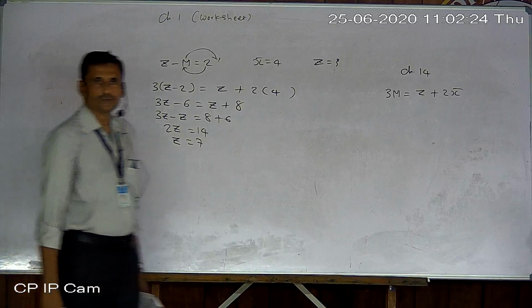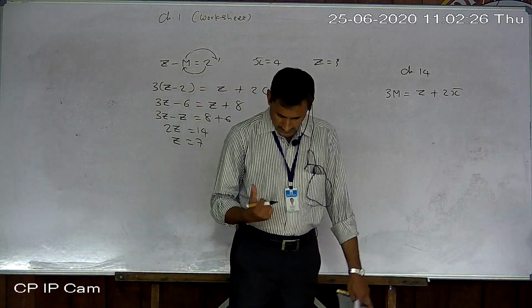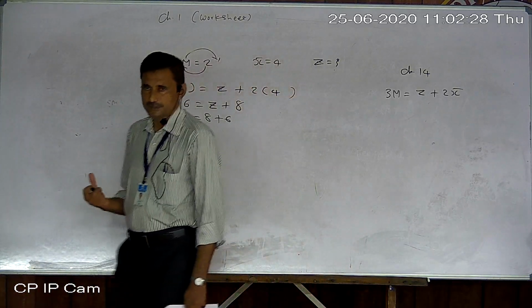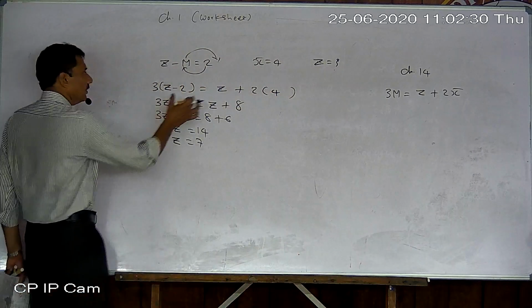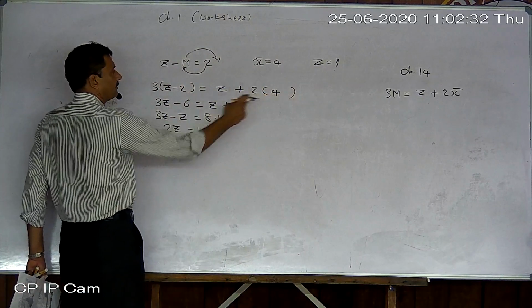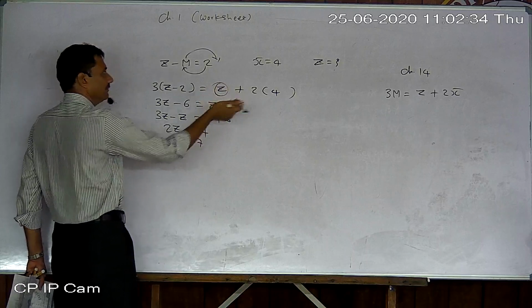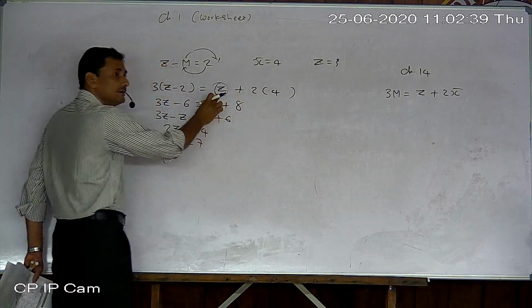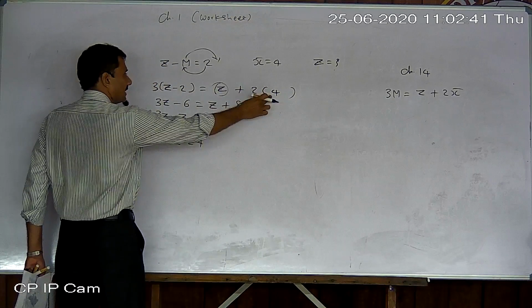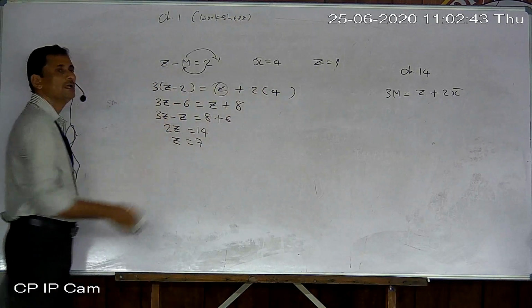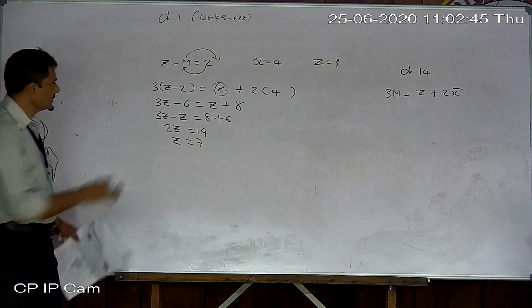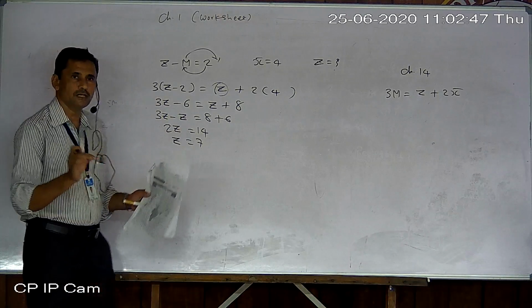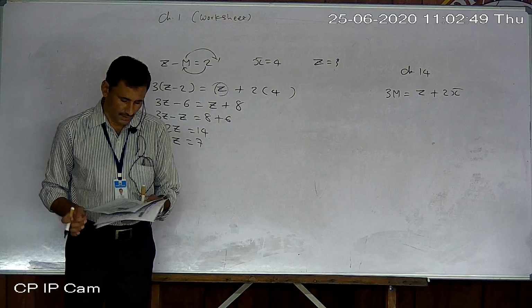So whenever one equation and one value are given, at that time write the empirical formula again, and what is not asked should be removed. So m is not asked, x bar is not asked. Asked is only z. So remove both by either the value or the equation. So at last you will have the required variable. Now number 3.